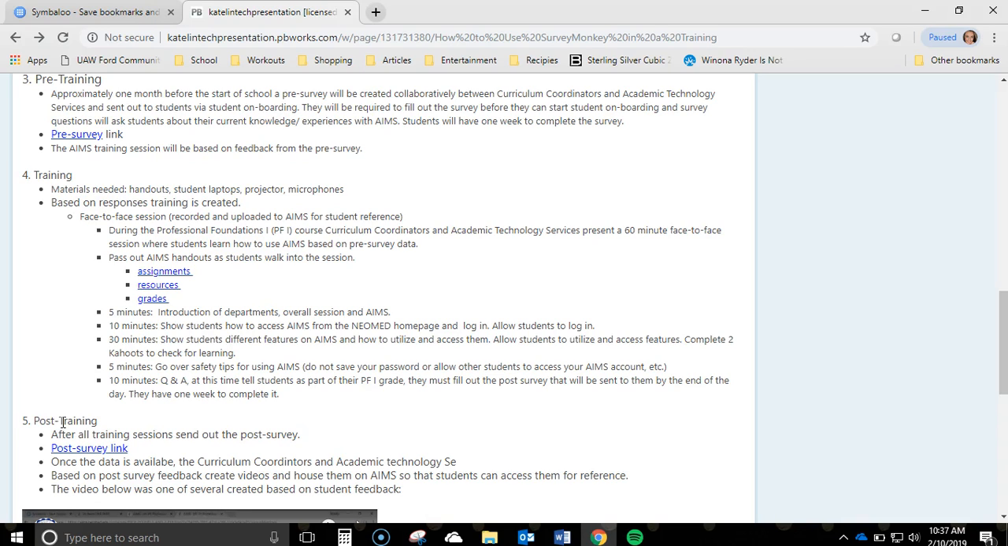So then for the next 30 minutes, we would show the students different features on Ames and how to utilize and access them, again, based on the pre-survey data. And then we would allow students to then utilize and access those same features. So it would kind of be like an I do, you do type training,